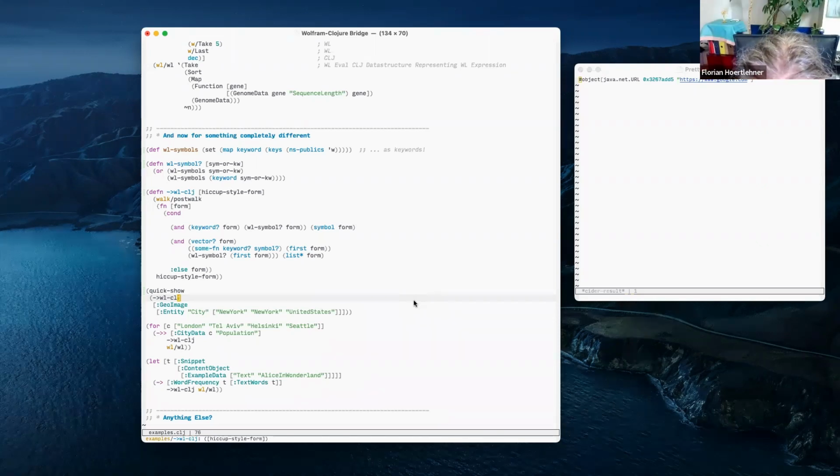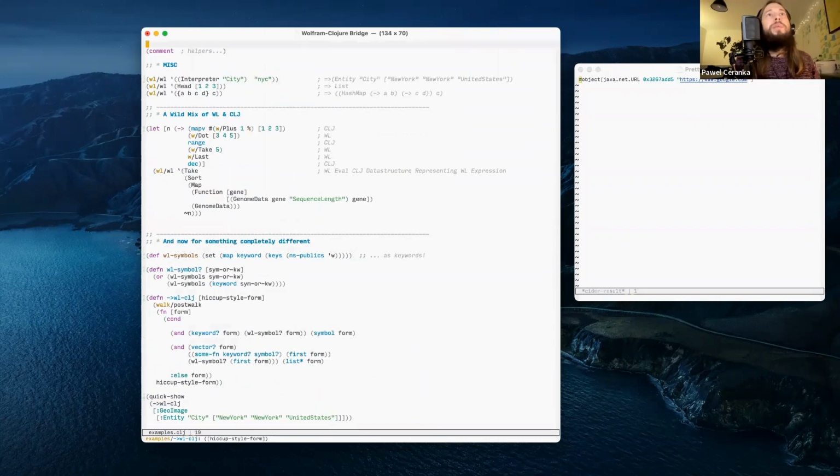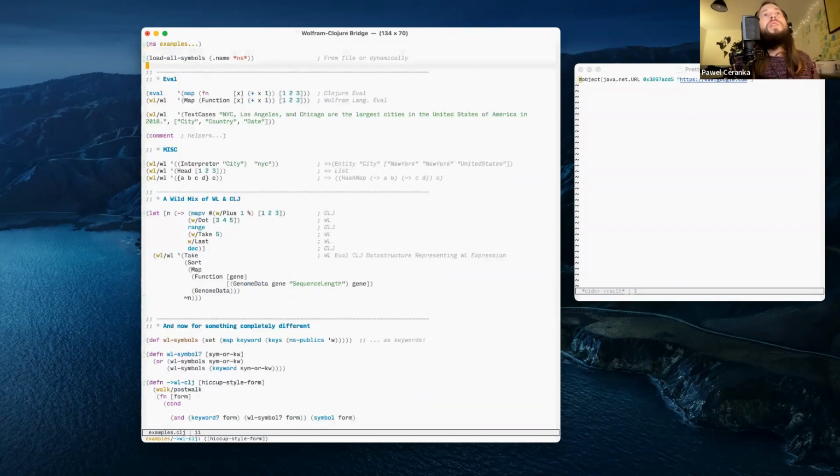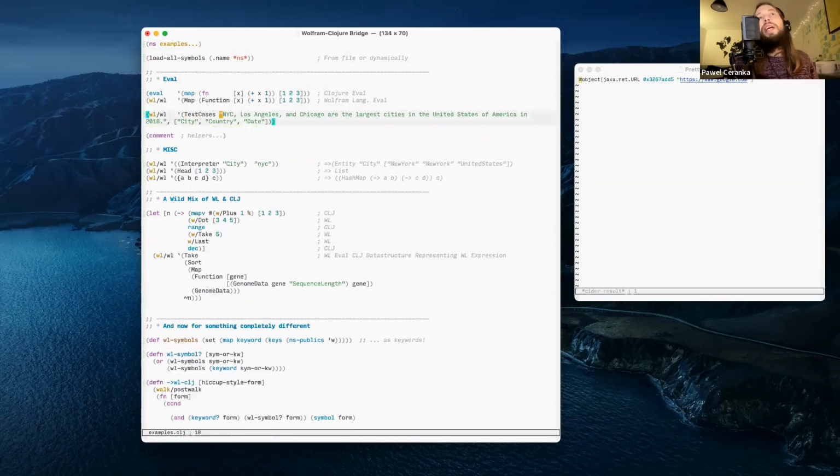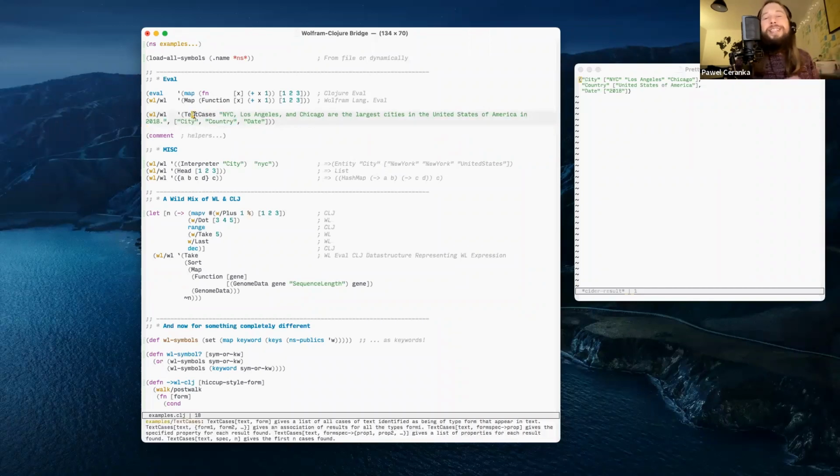There's an easy interface to work with Wikipedia. I have a couple of examples here as well. Let's evaluate this: you have a text and you want to detect cities, countries and dates. That's just one function call, a very convenient thing to have.